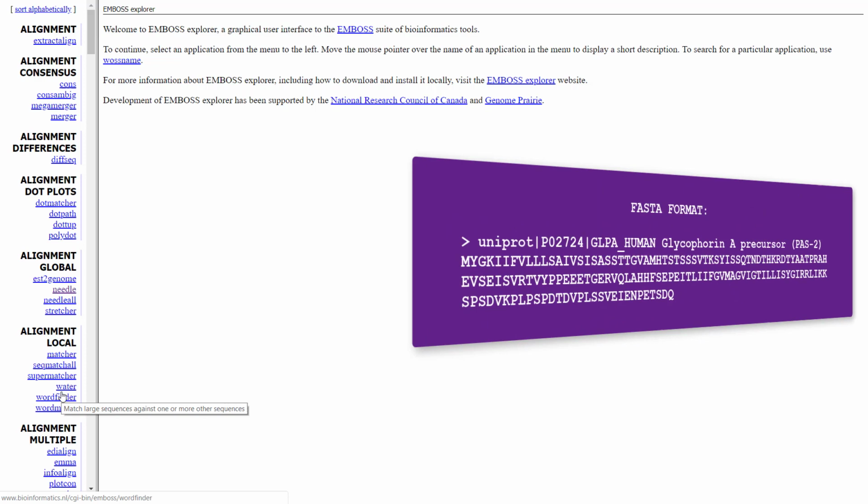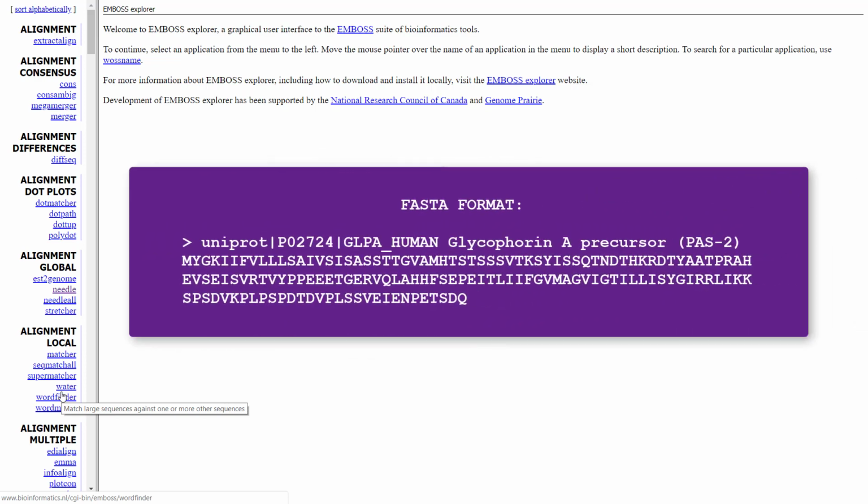Both sequences appear in FASTA format, where the sequence begins with a single line description, followed by lines of sequence data. The description line must begin with a greater than symbol in the first column. Usually, each line contains 60 letters, although the format itself accepts lines of any length.